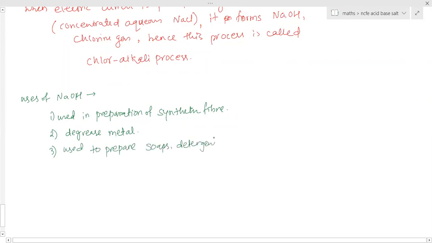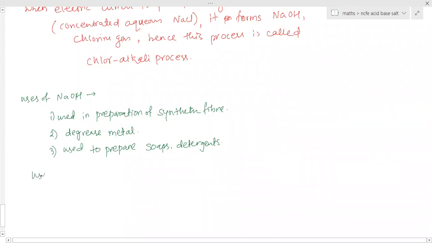detergents. Petroleum? No, petroleum is not something we prepare. Petroleum is a fossil fuel that is obtained from nature. We are not preparing it. It can be used in refining of it. It is used in bleaches or dyes also. The next few uses only you have to remember. It was there earlier, now from NCERT I don't think so. It is given now in the new book.